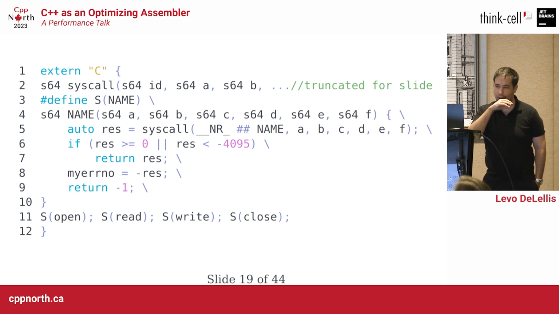So this is actually almost the same as the write function we implemented earlier. If you look at line 11, you can see I'm declaring 4 different functions: open, read, write, and close. We're not using read, but they go together. So I'm passing the name into the s macro. That's on line 3, and